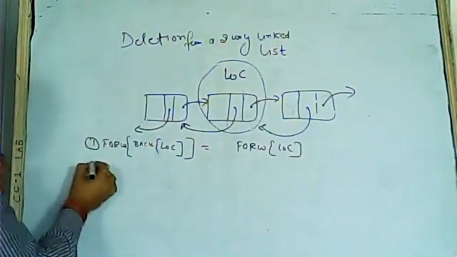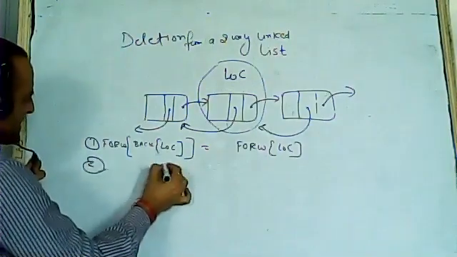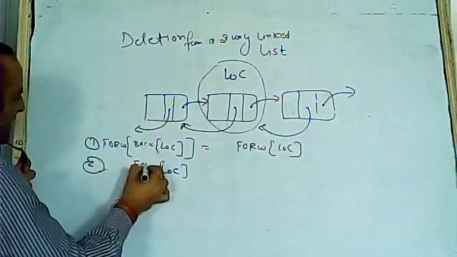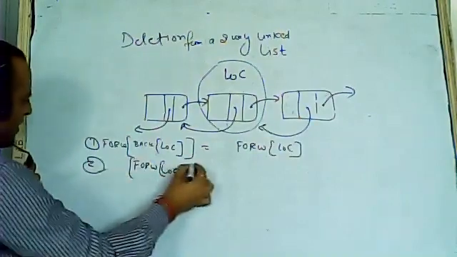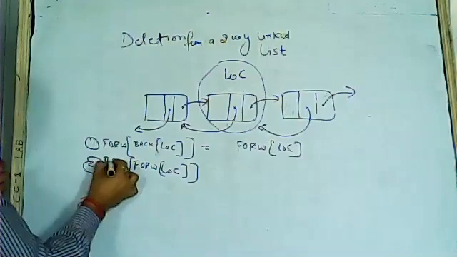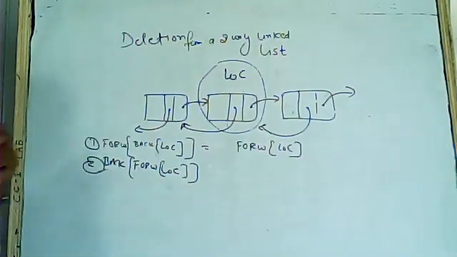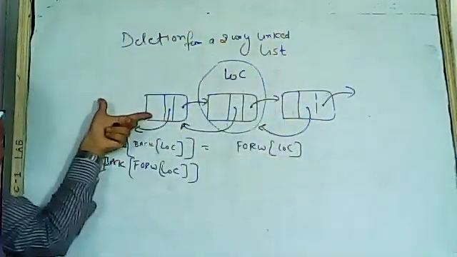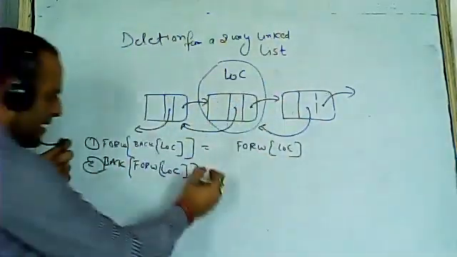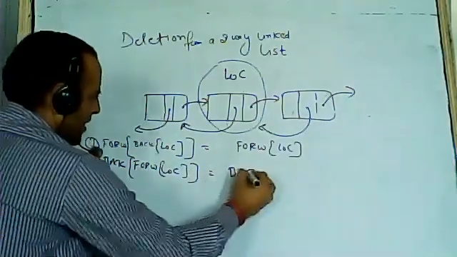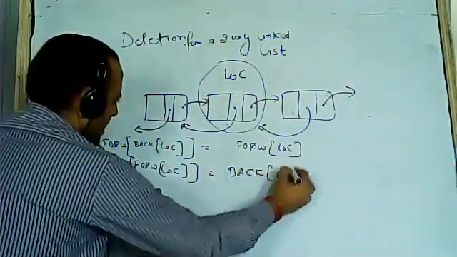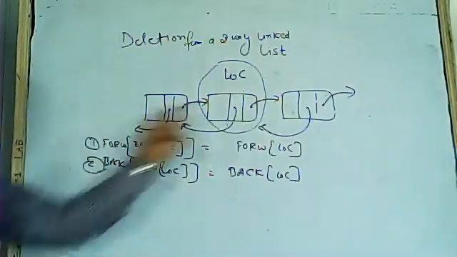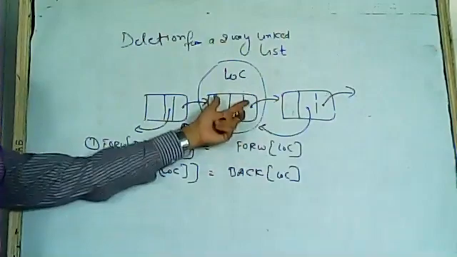Now the second step. Sir, the second step will not come first; the first step is start equal to null. One minute. Okay, we can write that: if start is null, we cannot delete. Now the new back of location's forward will be the back of location. Are these two steps clear or not? Please tell me again, there is some confusion.